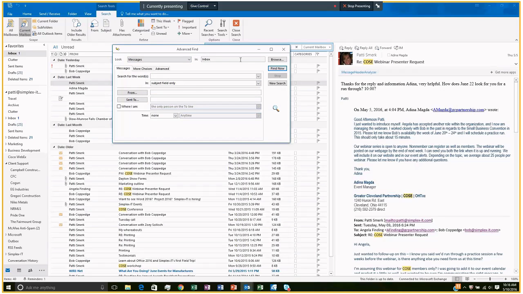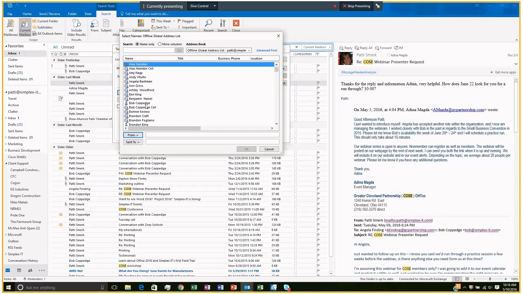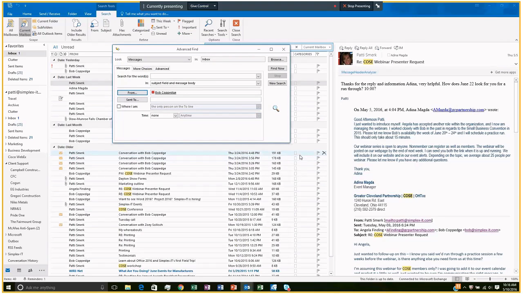You can control where it looks in your inbox, and you can search for specific words. You can also specify if you want to search in the subject field or if you want to search also in the message body, which I tend to do more so both, because sometimes I don't remember what the subject field was. If you know who it was from, you can click on from and you can specify who you want to search from. So I know Bob sent me something about webinars,